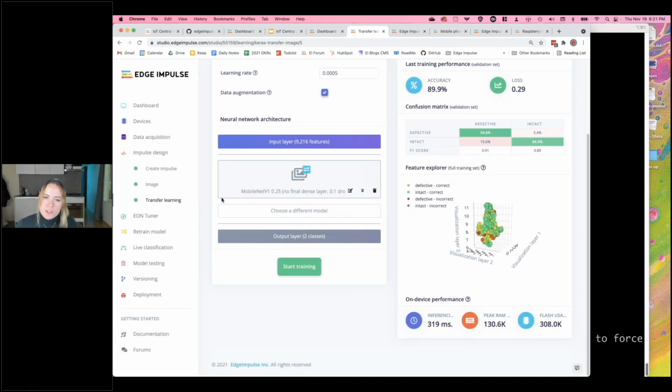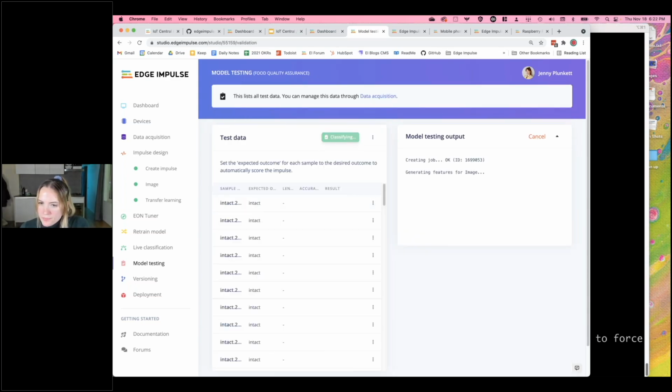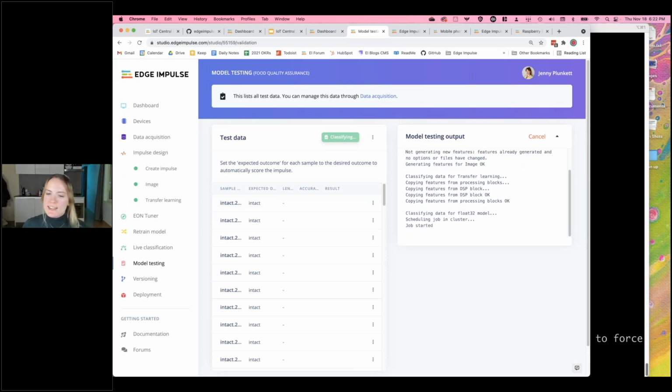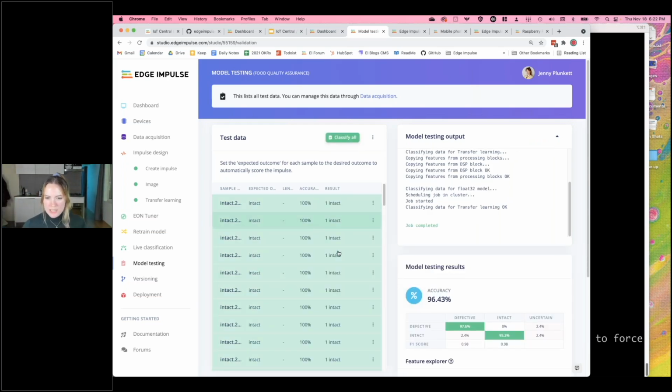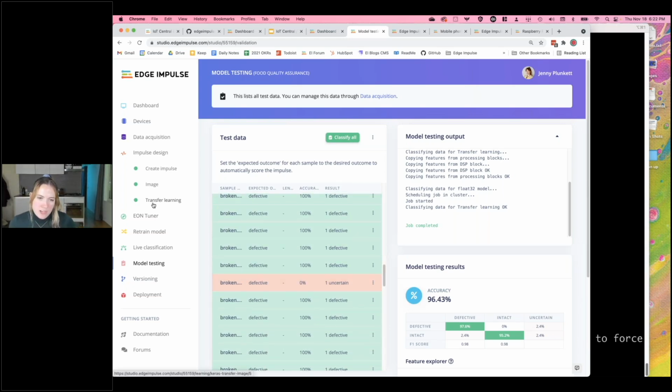Okay, so now that we've done our transfer learning, we've trained our model, we have decent accuracy for our use case, let's move on and go to the model testing tab. So we're just going to go through, classify all of our test data, exactly what we did for the audio use case, and see which ones of our test data were classified correctly as intact versus defective. So we have really good accuracy here compared to the transfer learning accuracy that was shown. This might be because of a few things. The data that we have uploaded in our test data might be more similar to the data that we've uploaded to our training set,